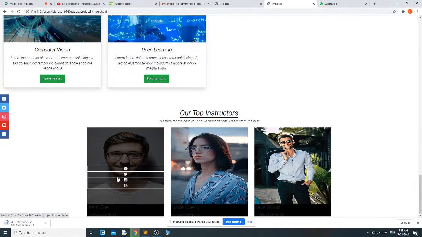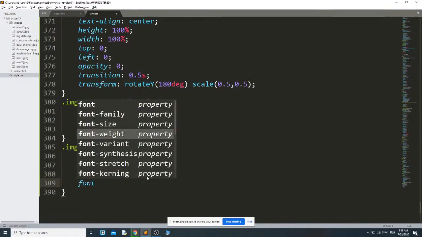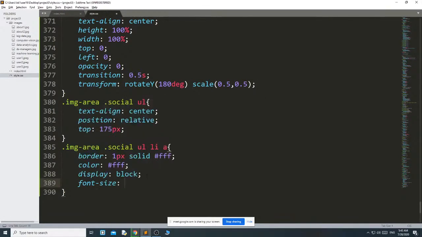Okay. Now the only thing I have to change is the font size and height and width. Font size 20 pixel, height 40 pixel, width 40 pixel, then line height 40 pixel.